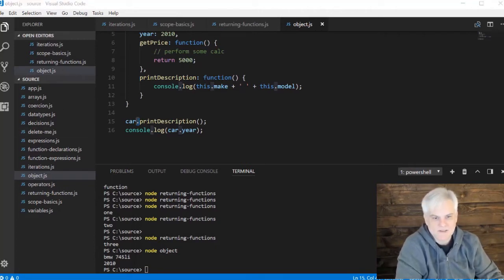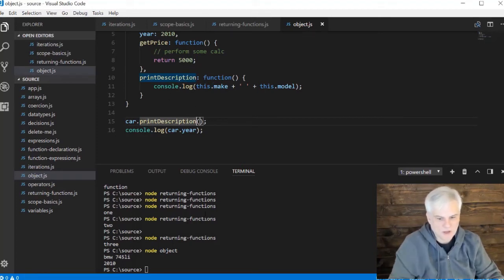Same is true when accessing a function. As you can see here in line number 15, I use that period, that member access operator. And then, you know, all else is fair. This is a function, so I'm going to use the method invocation operator just like I would to invoke a